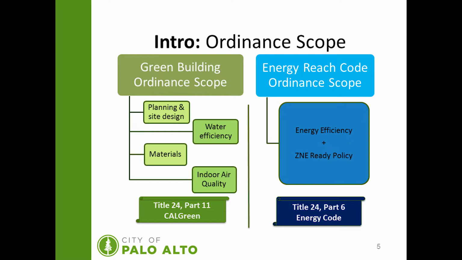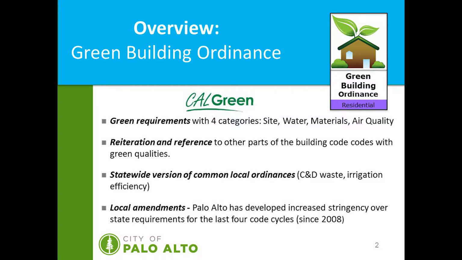The overall scope of the Green Building and Energy Reach Code ordinances are twofold. The Green Building Ordinance is broken down into 4 different categories: planning and site design, water efficiency, materials, and indoor air quality. These requirements reside in Title 24, Part 11, entitled CalGreen. The Energy Reach Code ordinance scope focuses on energy efficiency only, and this resides under Title 24, Part 6 of the Energy Code. So the green requirements within CalGreen reside within the 4 categories mentioned: site, water, materials, and air